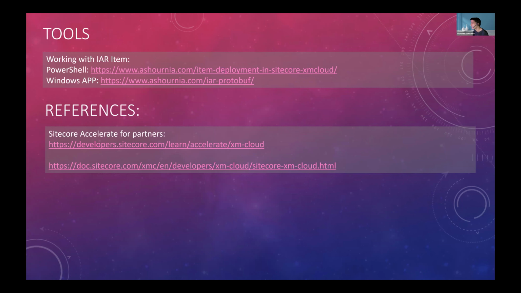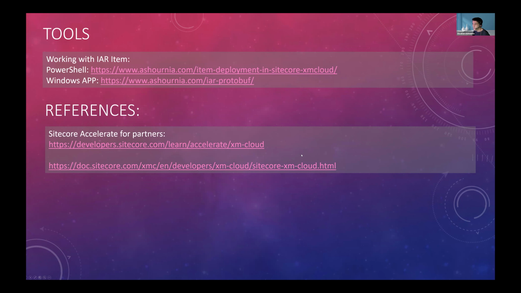As my last point, I have 2 tools for handling the item as resources. One of them is the PowerShell module, which can be installed in Sitecore. You can get the reporting or clean up the item as resources that are overwritten in Sitecore. And the second one is a small Windows app, where you can just load the IAR item and do a 2- or 3-way comparison.